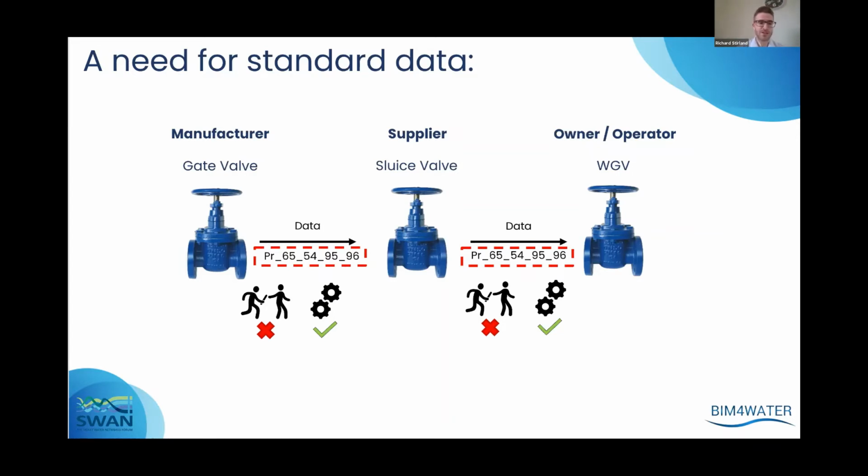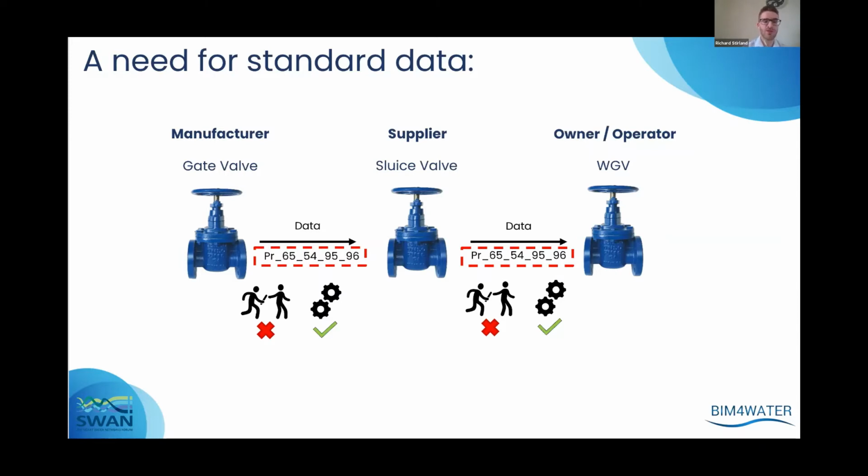On the slide, you can see an example of different terms perhaps used to describe a gate valve by different parties. But to exchange information about that gate valve without a common standard, the only way you can exchange data is by doing it manually. Doing it manually is represented on the slide with those figures passing a baton like a relay race. Whenever you watch a relay race at the Olympics, how often does that baton exchange not go so well? Probably more often than you'd like.